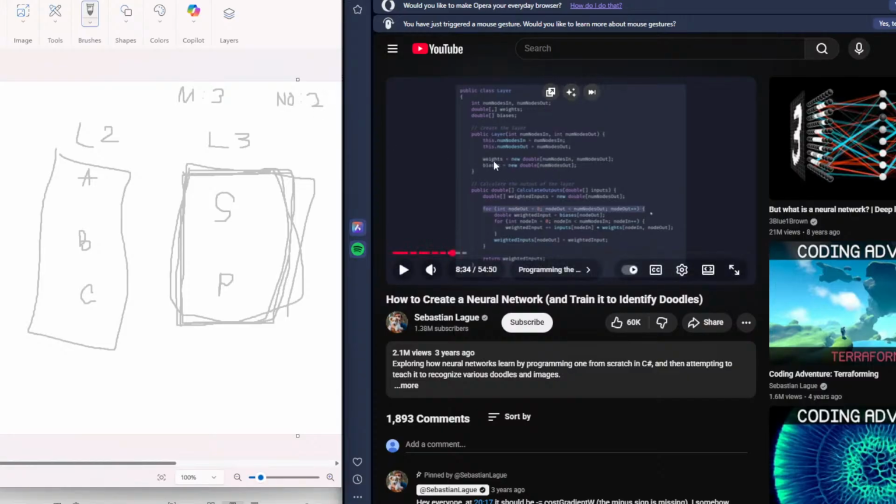So now you have a matrix for weights set by num nodes in, num nodes out, which is the size. I see. Weights is the size of num nodes in, num nodes out. So it's going to be 3 by 2. So 3 right side, 2 up and down, which will have certain weights to it. And then